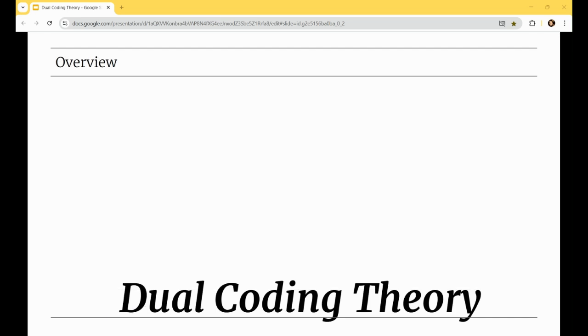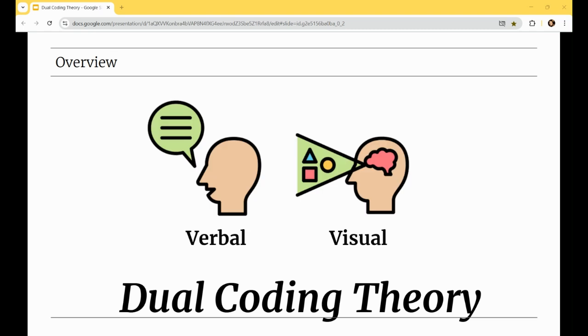To begin, I'd first like to give an overview of the dual coding theory and what it involves or suggests. Essentially, the dual coding theory suggests that information is processed and stored by the human brain through two distinct channels. Those channels are verbal and visual. The idea is that these two channels work together, and when done correctly, information is more likely to be remembered and understood than if the information were presented in only one format, so only verbally or only